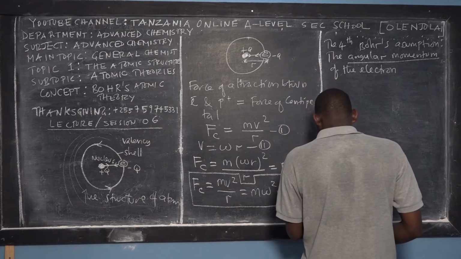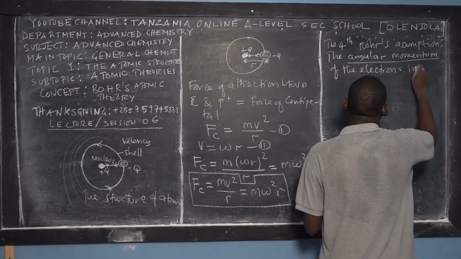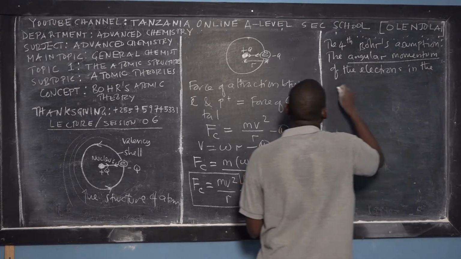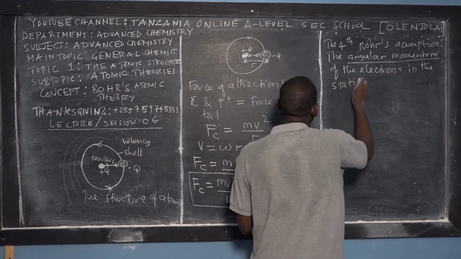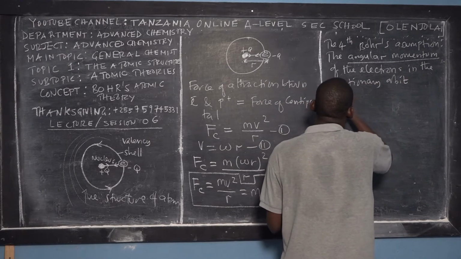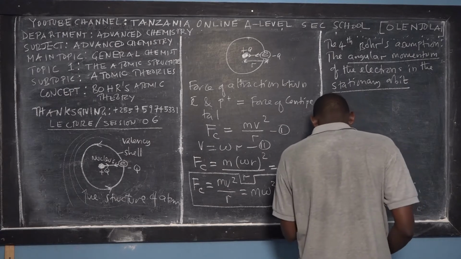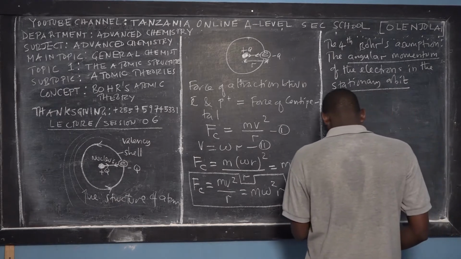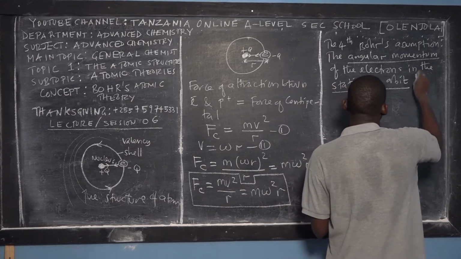The angular momentum of the electrons in the stationary orbit, or in the stationary states, especially the ground state,